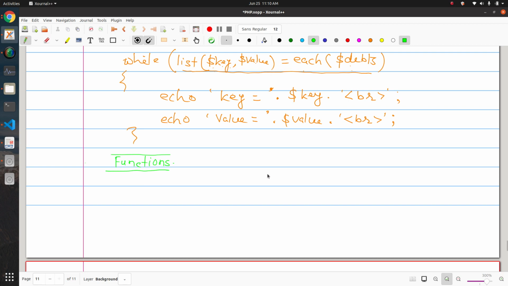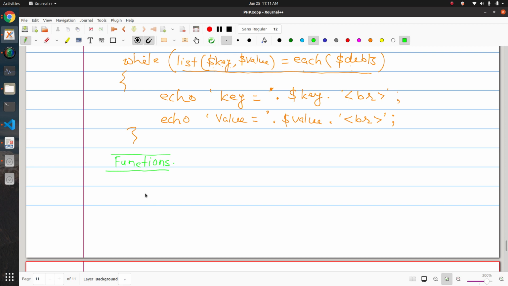So why do we define functions? You know that we can reuse the code. And because of using functions, your code also becomes precise, compact, and manageable. These are some of the advantages of functions. Let me give you the syntax of a function. You might have studied the concept of functions in other languages as well, so the concepts are not different, but sometimes the syntax might be a bit different. Let me show you how to define a function in PHP.